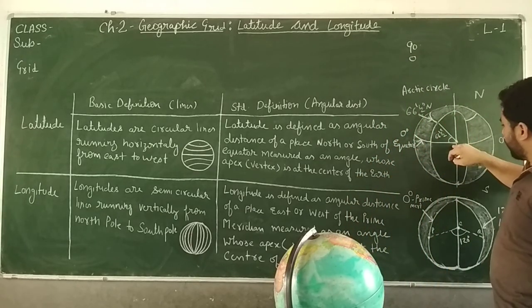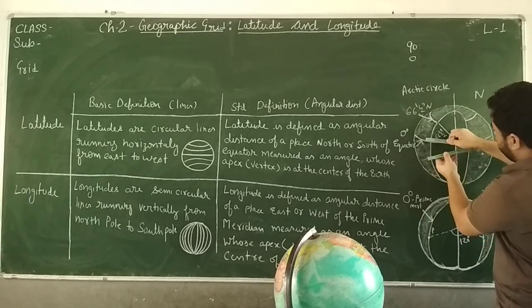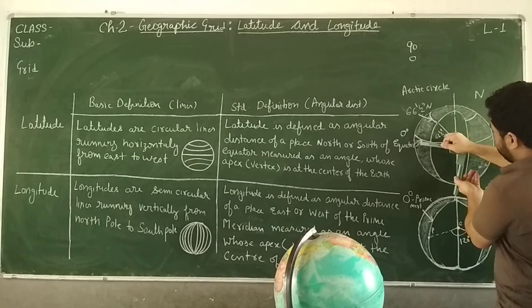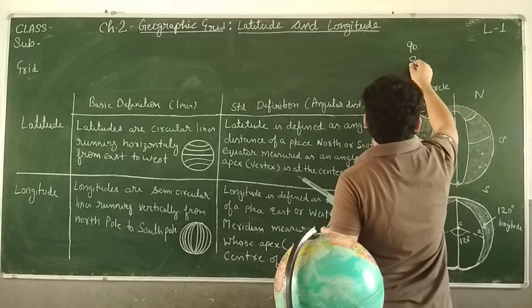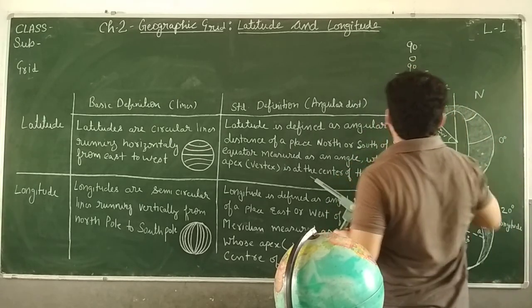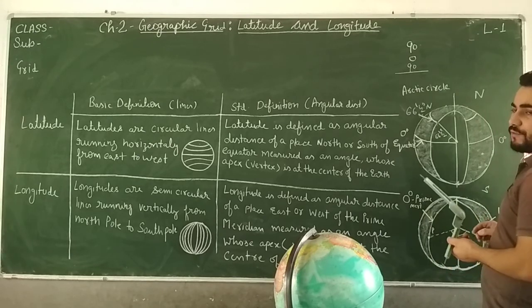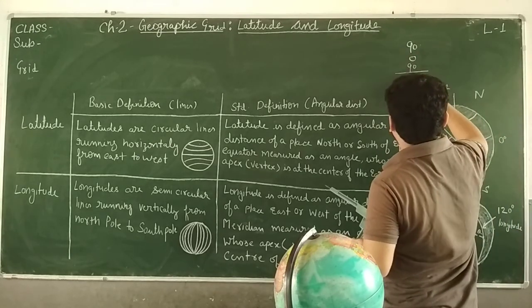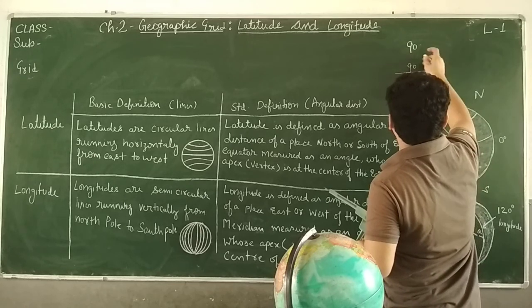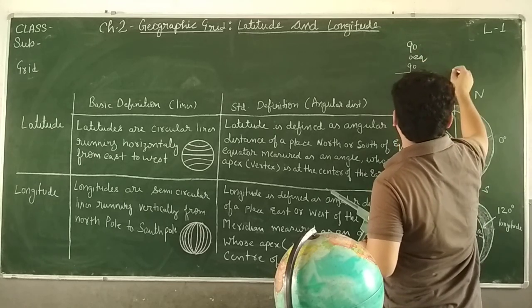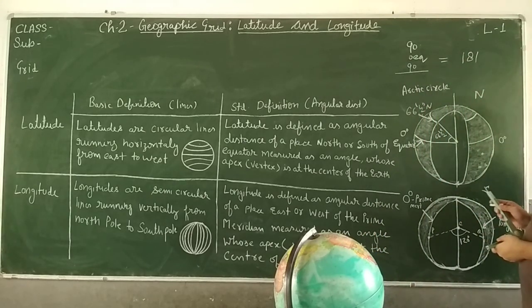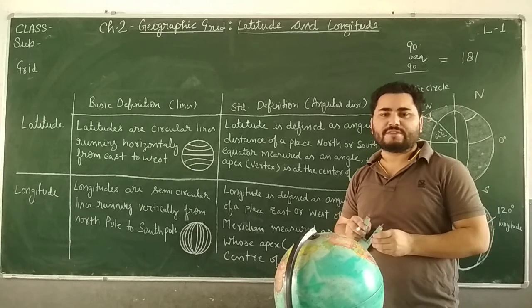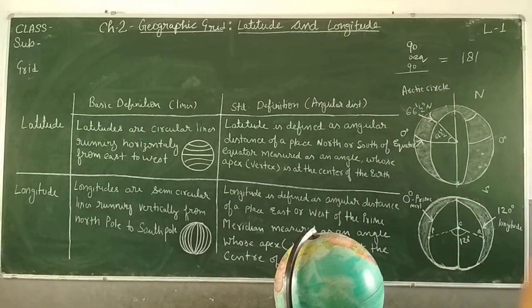And likewise from the downside also it will be 33 degree, 45 degree, 60 degree, 66 degree, and this 90 degree. Again, starting from 1 degree to 90 degree, these lines are there. Total lines of latitude will be 90, 90, and this one equator, 0 degree equator, so it will be 181 lines of latitudes. So if someone asks you how many total lines of latitudes are there, these are 181 lines.